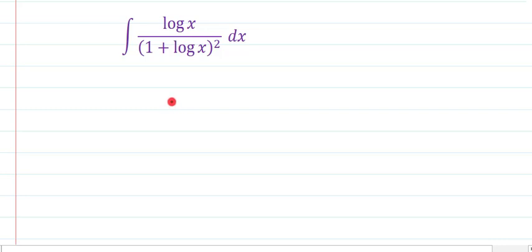Now look at this problem. This is a very interesting problem. Let us think what we should do for this problem. First of all, if we think about substitution, no way, we can't substitute directly anything, because we are not having the direct derivative of any of the terms, neither of log x nor of (1 plus log x) whole square. Second, let us think about by parts. Directly, if you think about by parts, again there are no two such types of functions that we can name first and second and find out differentiation, integration. Now let us think for the third option, that is partial fraction. Again partial fraction is not feasible.